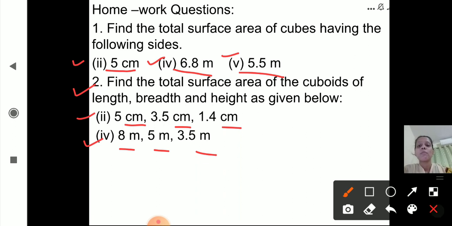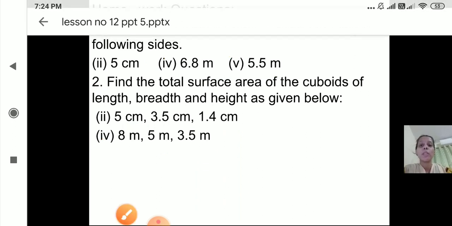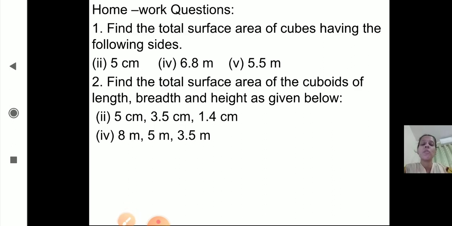So what we have learned today, we have seen the two formulas to find out total surface area of cube and total surface area of cuboid. So what is the formula to find out total surface area of cube? Total surface area of cube is equal to 6 into L square, 6 multiplied by side square, and total surface area of cuboid is equal to 2 outside the bracket, inside the bracket L into B, length into breadth plus breadth into height, B into H plus H into L, height into length. Okay, and bracket complete. I hope you are clear with this.